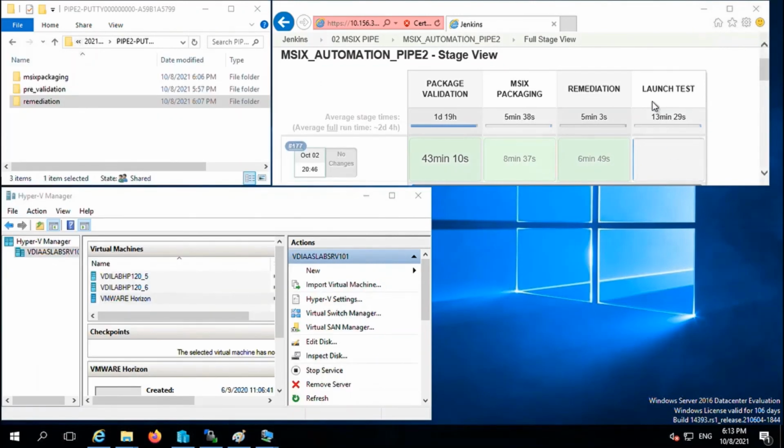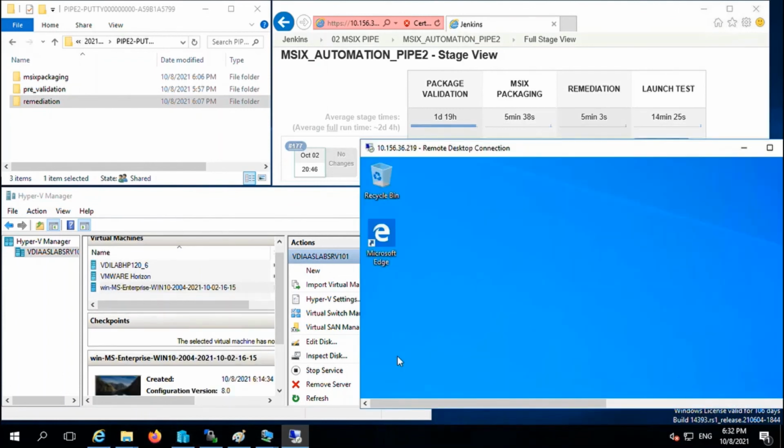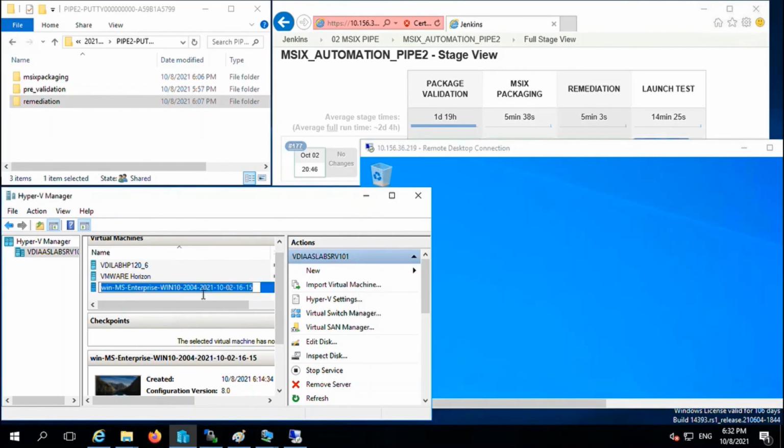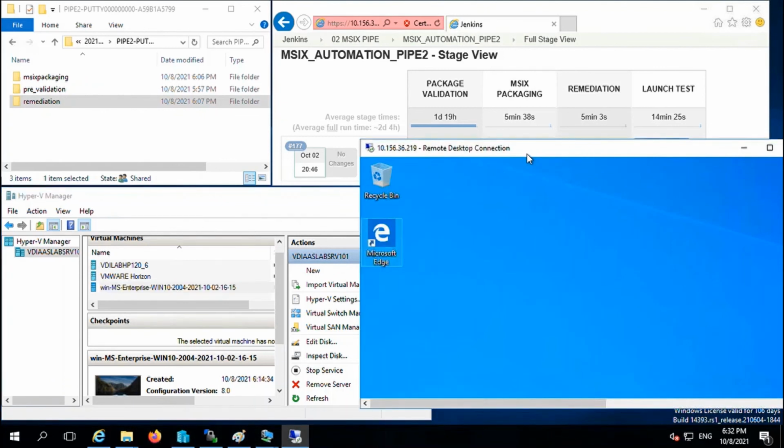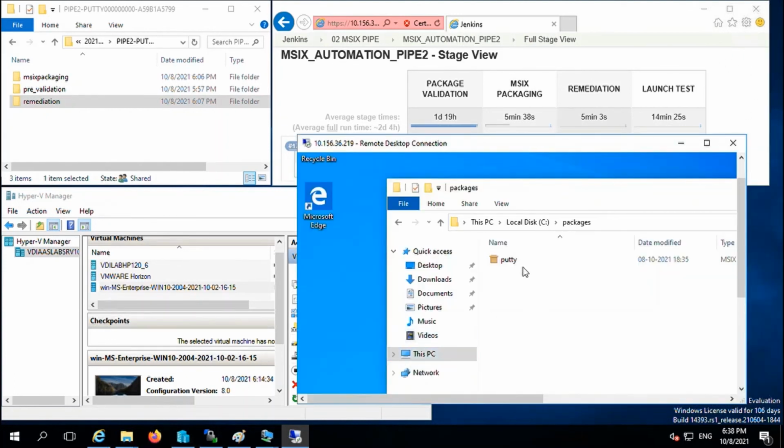The last stage is launch test. A new VM is created for launch testing, where you can see the new instance in the hypervisor machine, and the VM is also launched. Once the VM is completely ready, the MSIX file will be copied to the new VM. Then the engine will publish that MSIX package and launch it. So now the putty MSIX file is available in that launch machine.